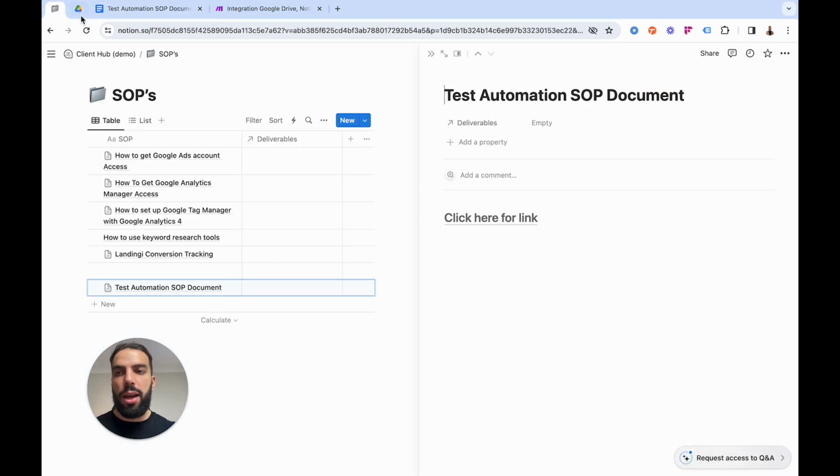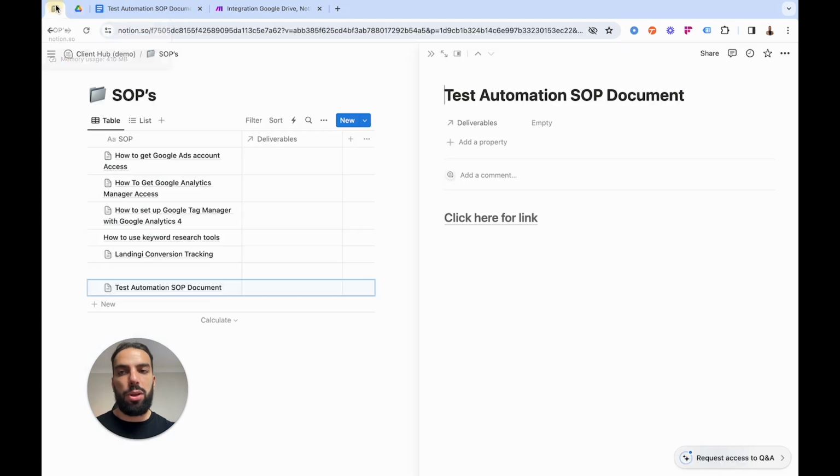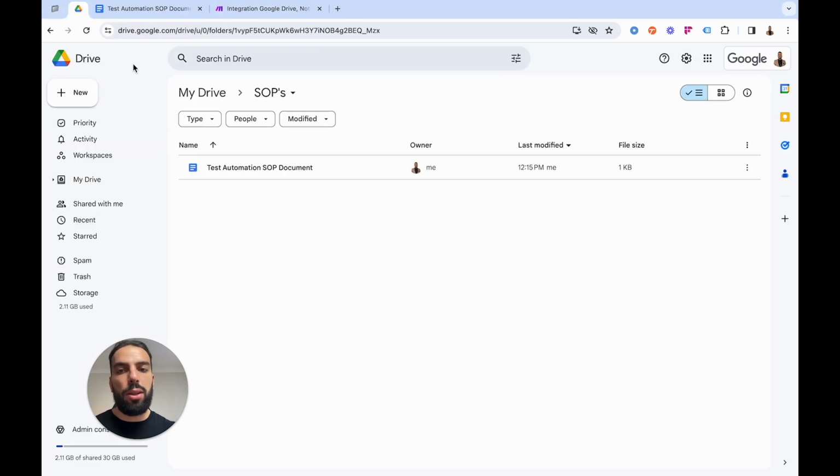So now, every time you drag and drop or create a new file in this SOP folder, it's going to do exactly what you've just seen and create an SOP database item in your Notion database. And then you can obviously put in the link straight there. So if you do have a team that you're working with, or even just for yourself for reference, you can always go back to this SOP every time you create one or add a new one in your Google Drive folder. So you can see how useful these 2 examples are and how you can start to integrate them with